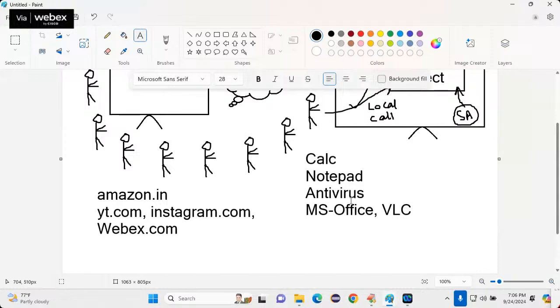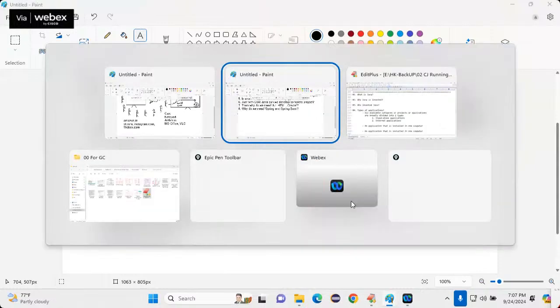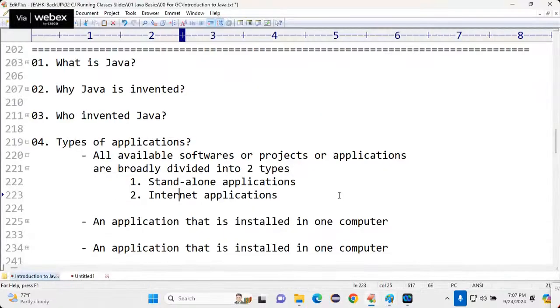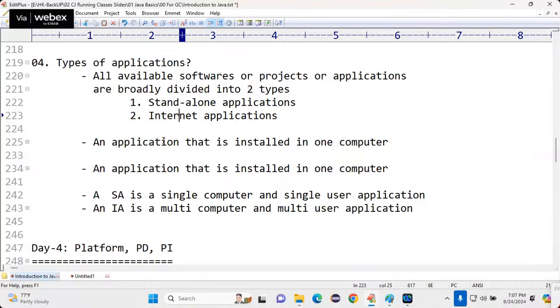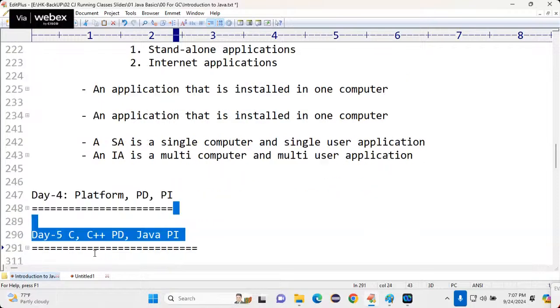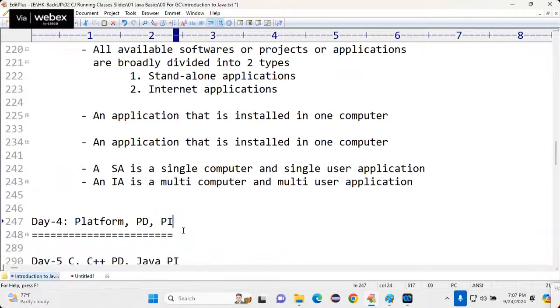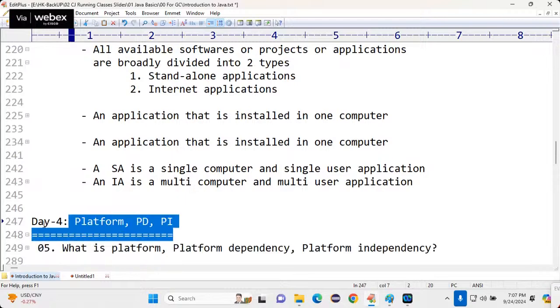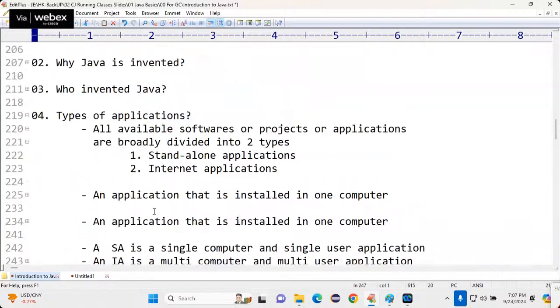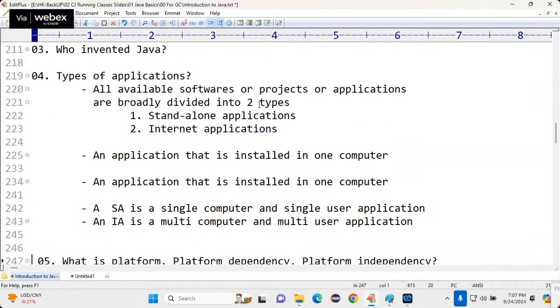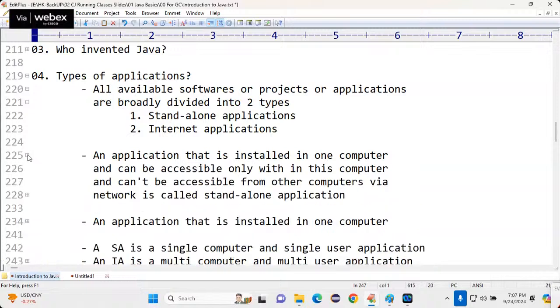Okay. First, you write these notes. Then I will explain why Java is required for platform independency. Now, please write. Today's class has little heavy notes. No problem. Types of applications. All available softwares are